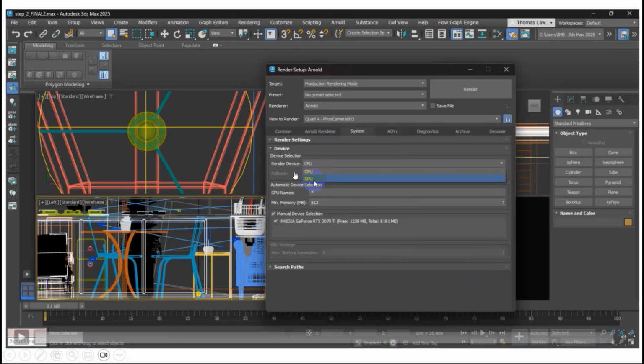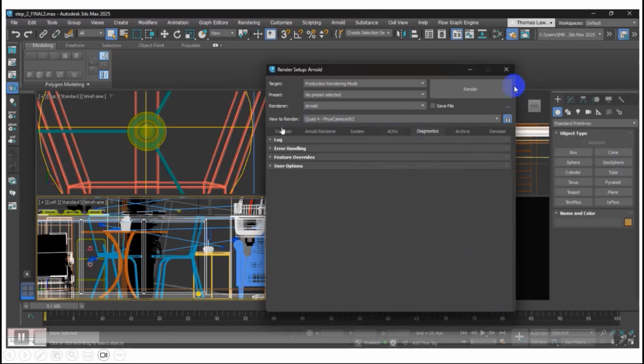This is the advantage. At the end of my presentation I will show you the comparison between CPU and GPU. I'm currently using a 30 series GPU, so I can switch between CPU and GPU. Right now, let's try the CPU first.